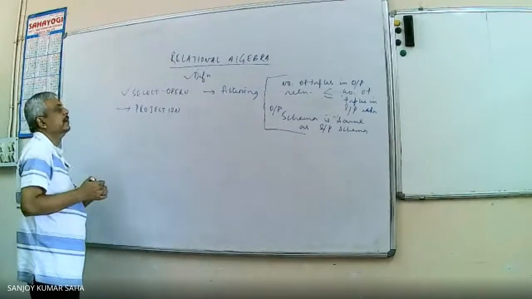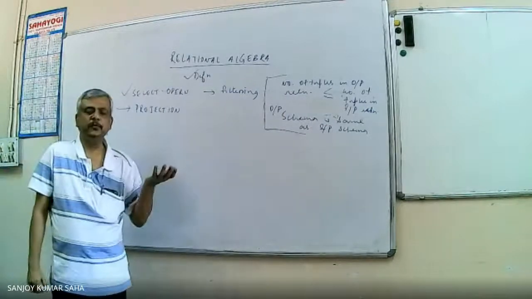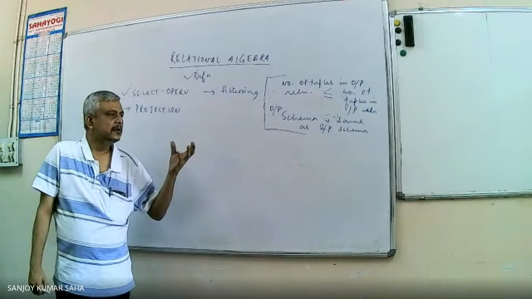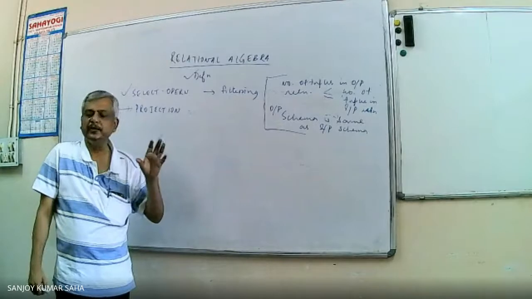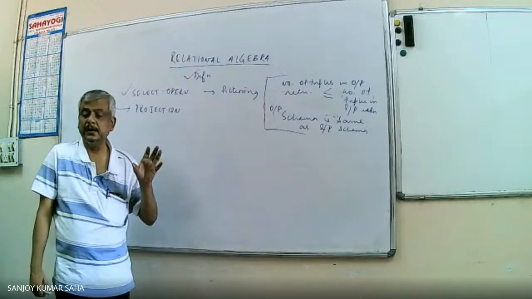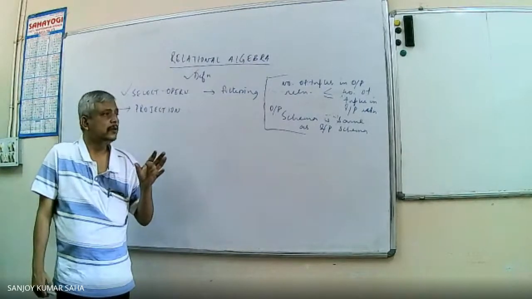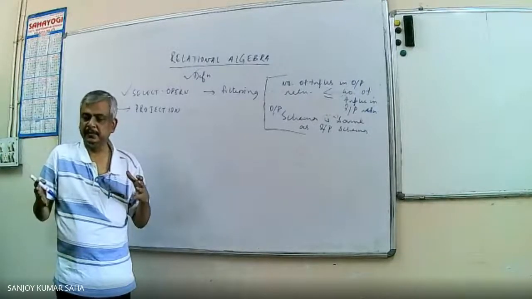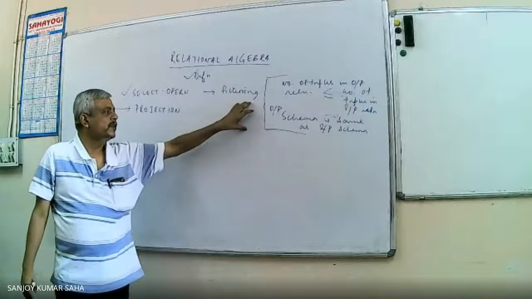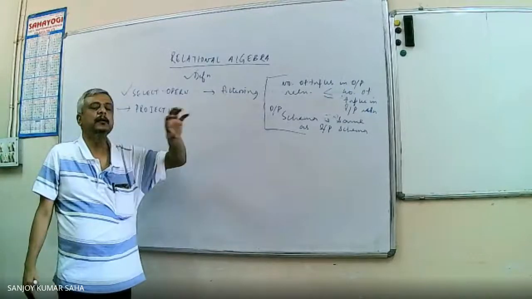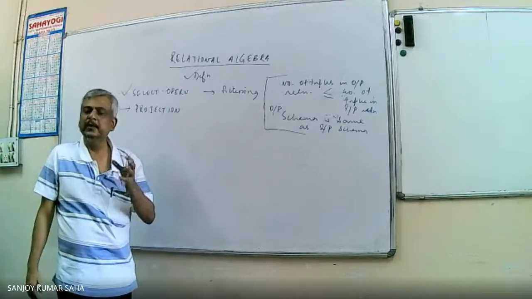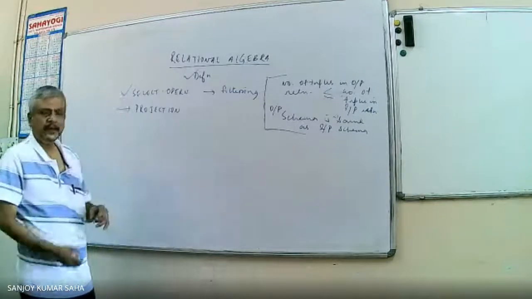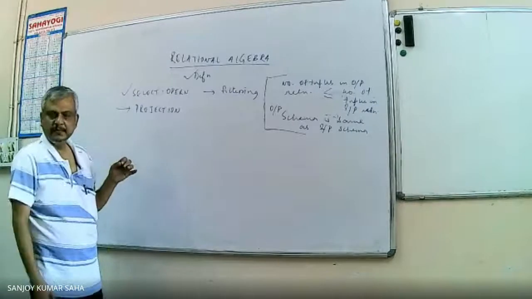Now see, in the course of optimization, one of our goals will be that we want to reduce the requirement of the internal memory, primary memory. If we have to carry out the operations with a large number of tuples, we can perform filtering initially, then we will be getting fewer tuples, so that will reduce the burden on the memory. Similarly, a schema may be quite large.